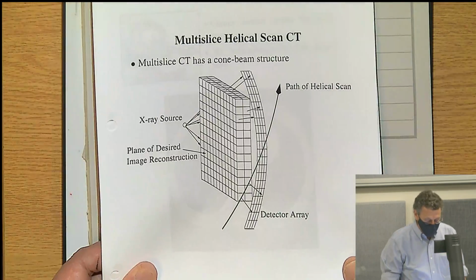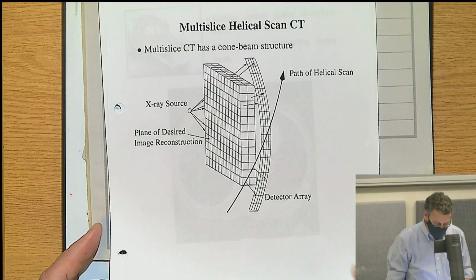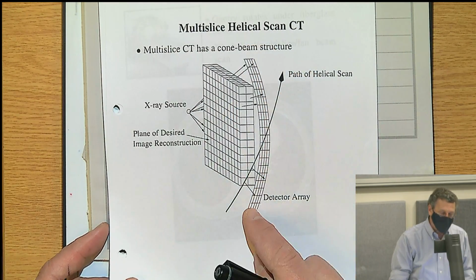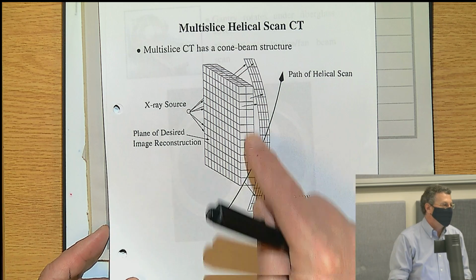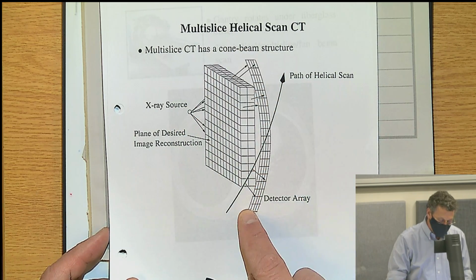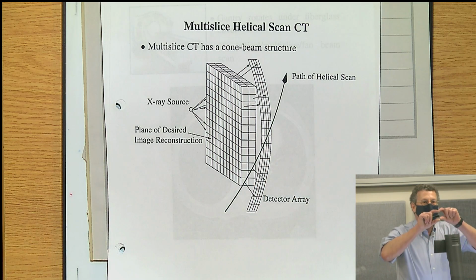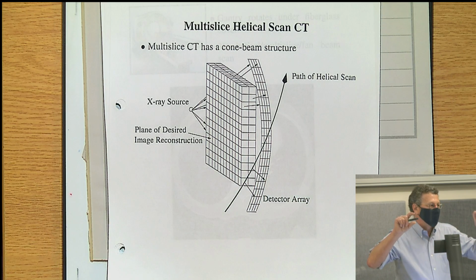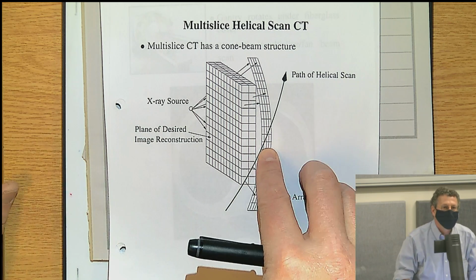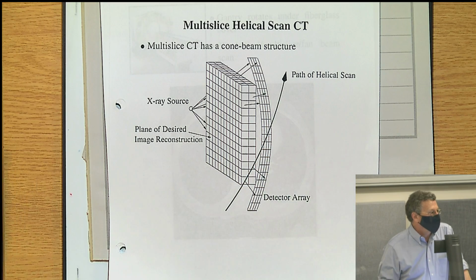And what ends up happening to make things even more complicated is that they don't just take one view, one slice at a time. There's many rows to the detector. So it's essentially like a very long, thin photograph they take. And now every year the photograph gets thicker. So initially it was one row, then it was 4, then it was 8, 16, 64. Now a lot of the state-of-the-art scanners are 128 slices.